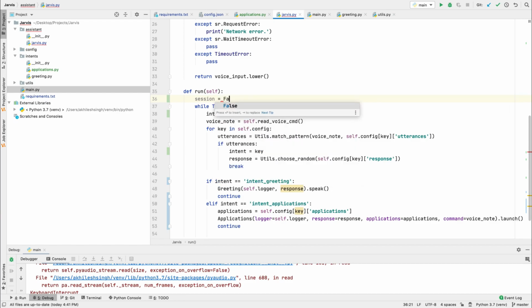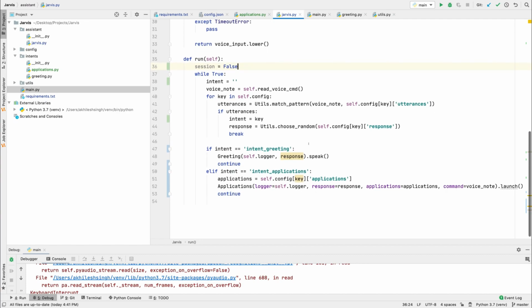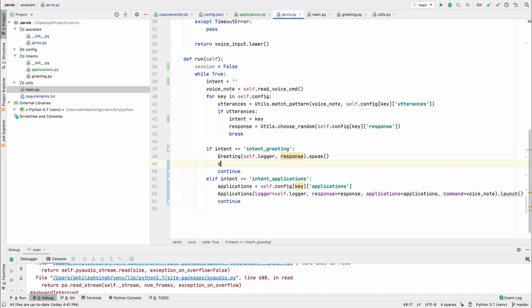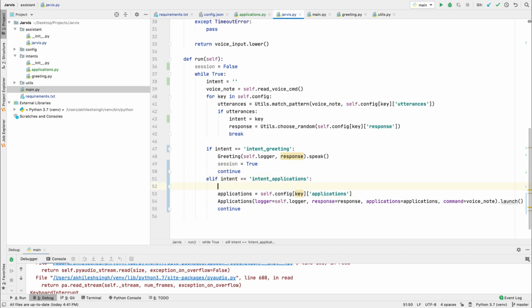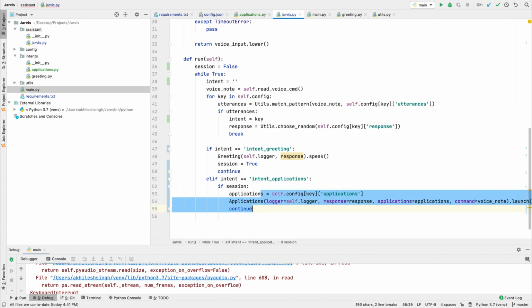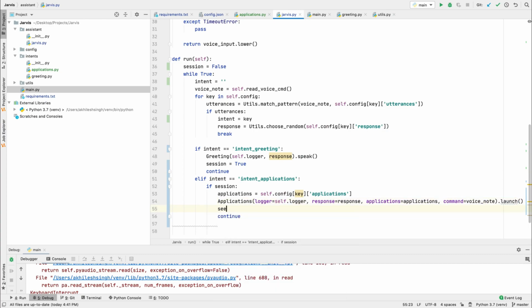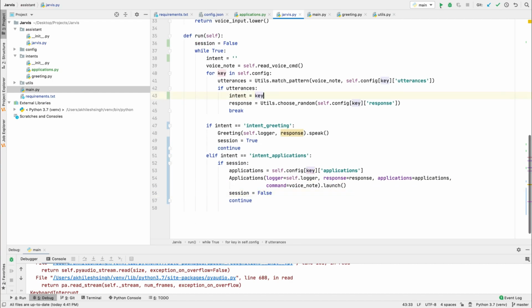And every time, after this greeting, this session will come to true, and here we will always check if session, then only this will execute. And after execution of this, we will make the session false. So let me just run it again.